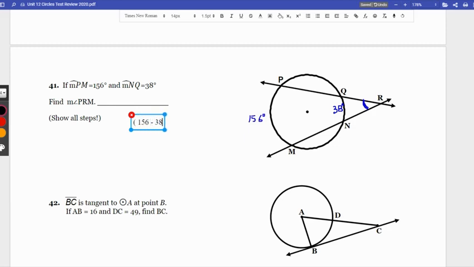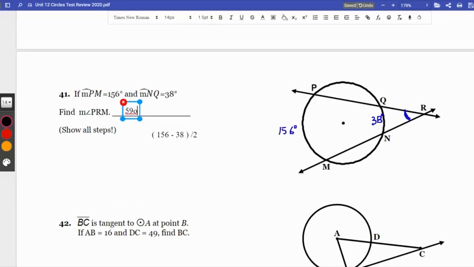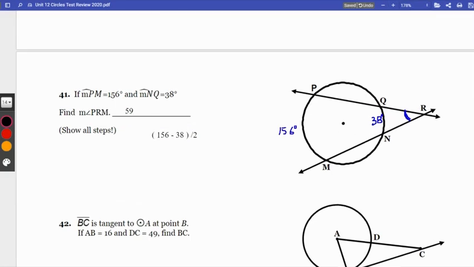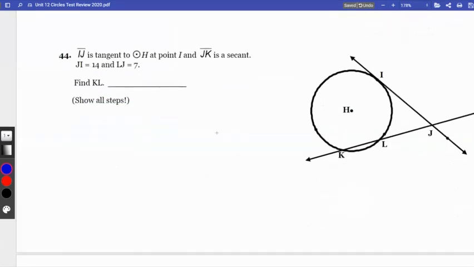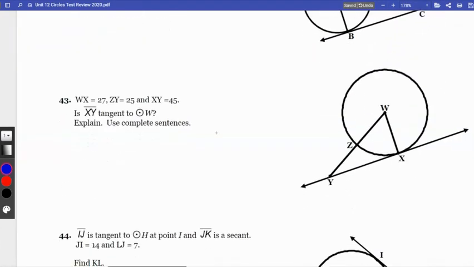156 minus 38 divided by 2. And for that, I get 59 degrees. Oops, it won't let me do the degree symbol, so I guess I'll just draw that in. But that's it. That's that type of a problem. And then maybe, let's see, let's maybe finish up with,